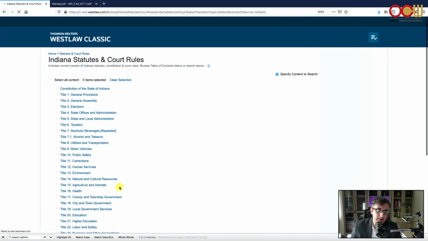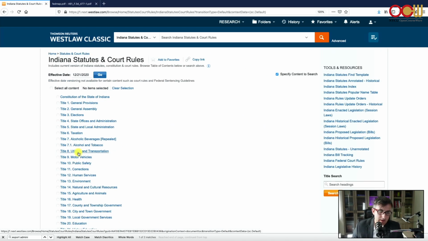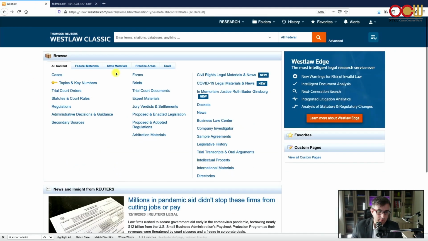So if we look at Indiana, we can see the Indiana statutes and court rules as well. So again, if we use our search terms up here, we'll continue with our theme of unmanned aerial vehicles and export.